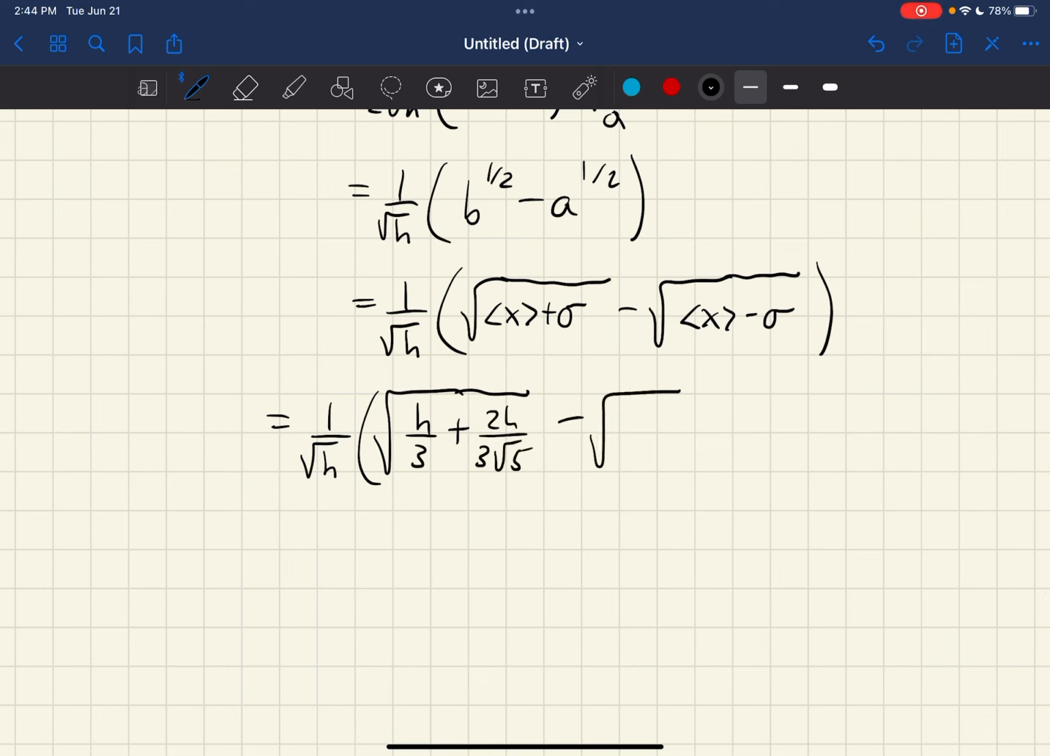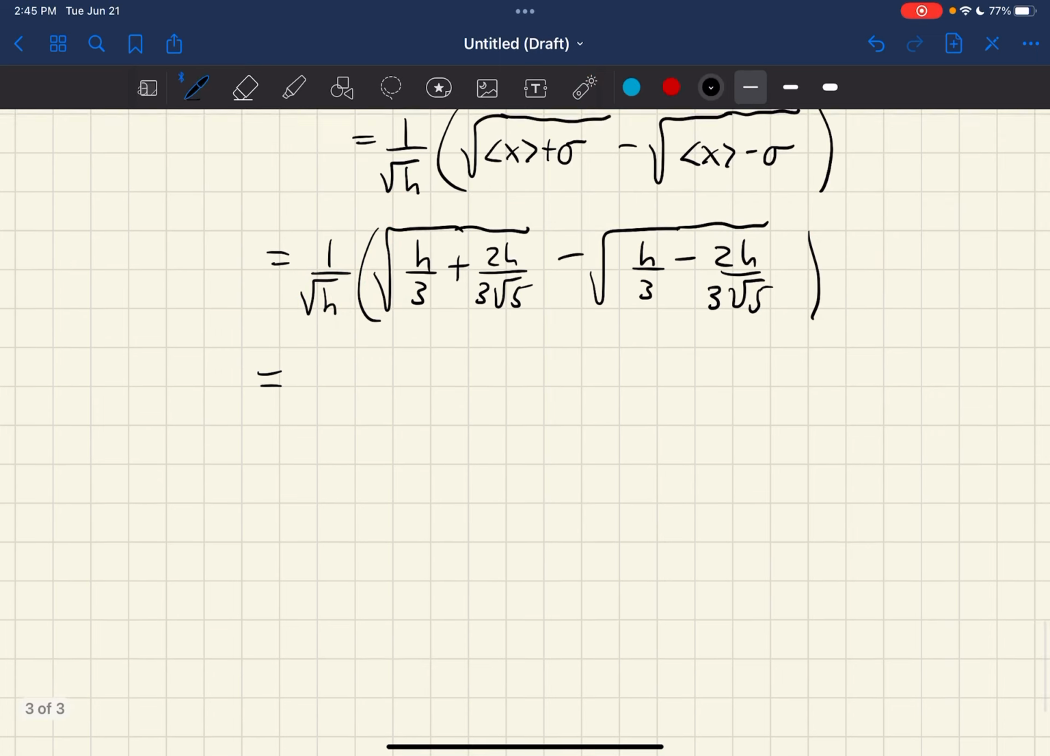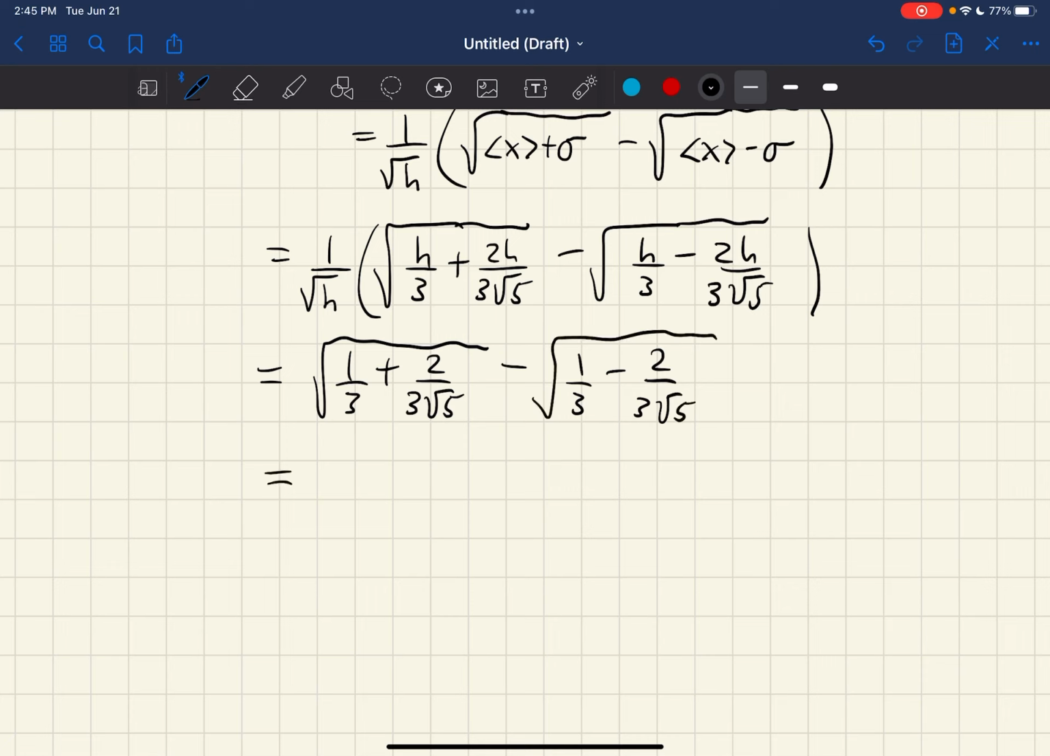And then we're going to subtract the expectation value, which is h over 3, now minus 2h over 3 square root of 5. And we can actually pull out an h on both of these terms, and then we can multiply this h in these radicals, and the h's will cancel, and we'll be left with the square root of 1 over 3 plus 2 over 3 square root of 5, minus the square root of 1 over 3 minus 2 over 3 square root of 5. And this value is equal to